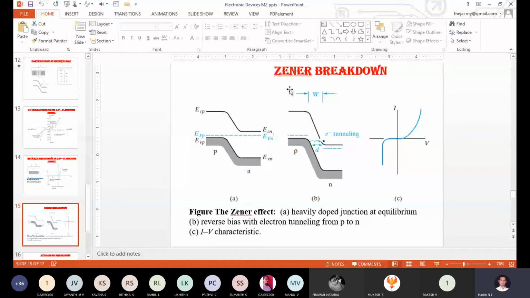These two mechanisms I am discussing under the reverse bias condition of a PN junction diode. I am not taking the forward bias condition here. When the diode becomes forward biased, it will offer very small resistance even for a moderately doped diode. Ideally I say 0 ohm. When the diode becomes reverse biased, it will offer a very high resistance. Practically it will be in terms of mega ohms, but ideally it will be infinite.